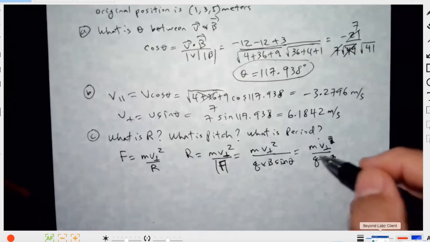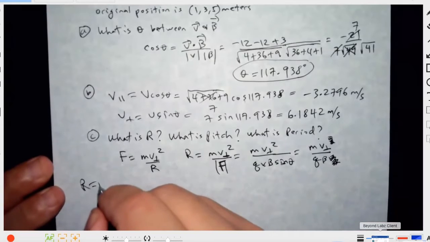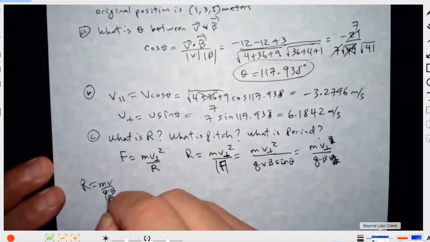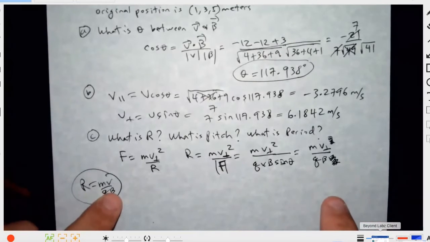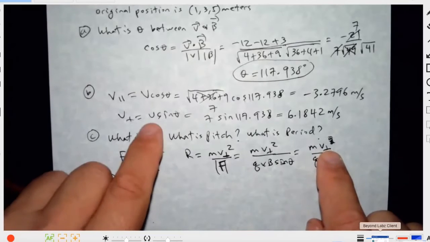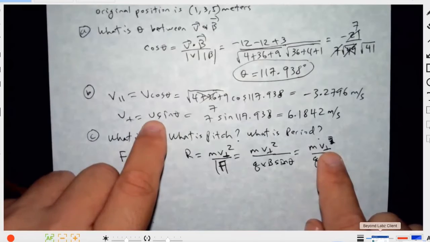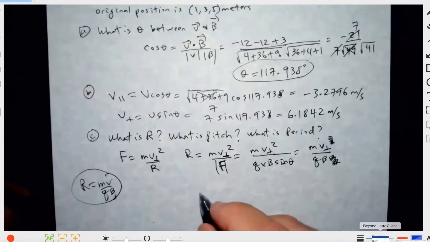So that is similar to the radius equation that we had yesterday, R is mv over qB. It's the same thing, except here we don't put the total v. We just put the perpendicular component of v to the magnetic field. So it's the 6.184. Okay, so then the radius of the motion is going to be